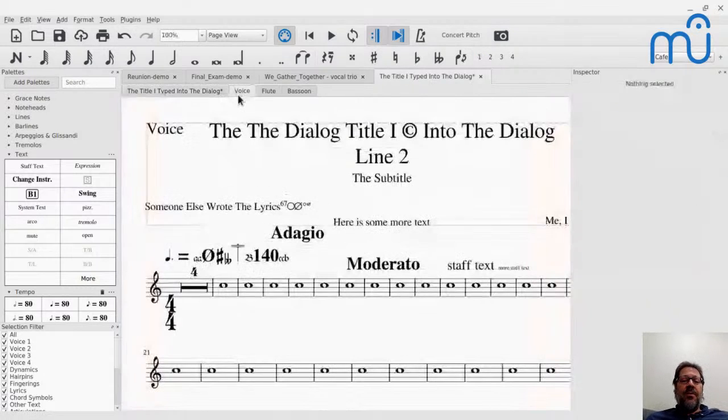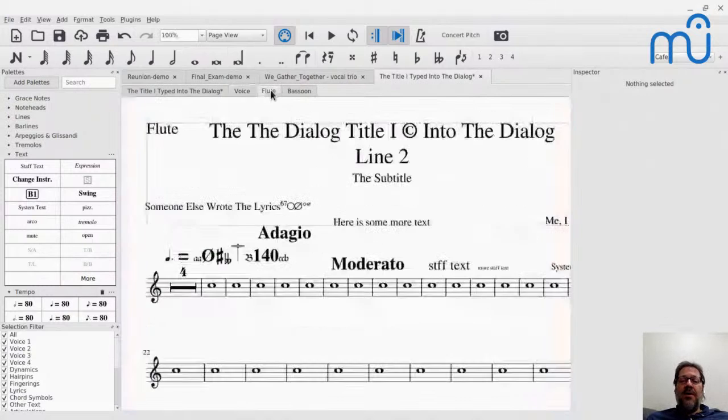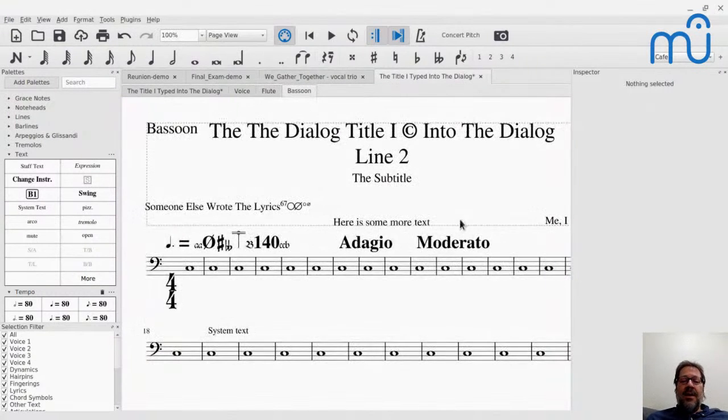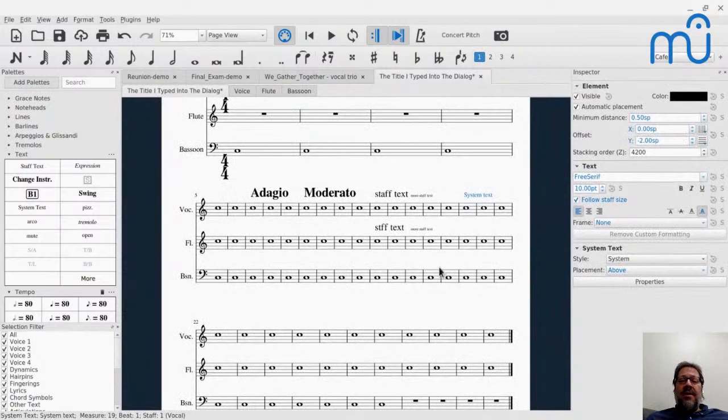But when I go to visit the parts, where did I add that thing? There's my system text. And when I visit the other parts, you'll see, hey, look, there's the system text there too. And here's the system text there too. It added the system text to all the parts, even though it's only on the top staff of the score. That's what system text refers to.